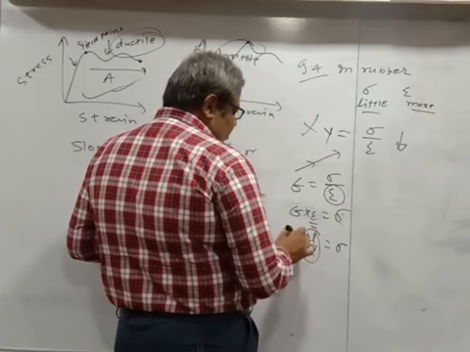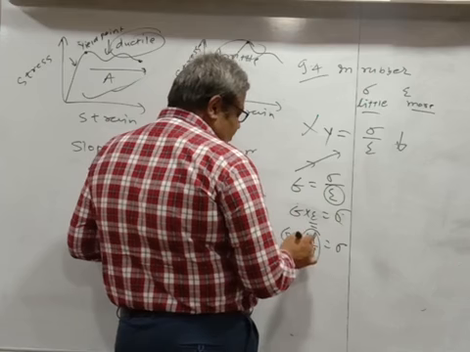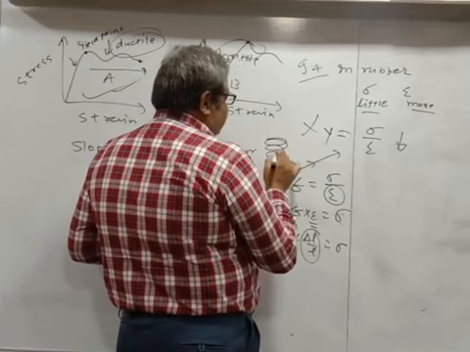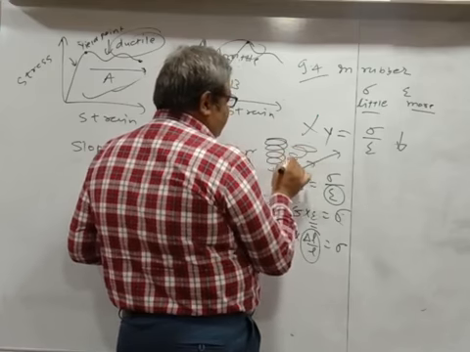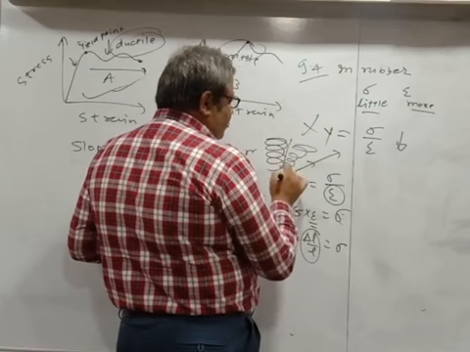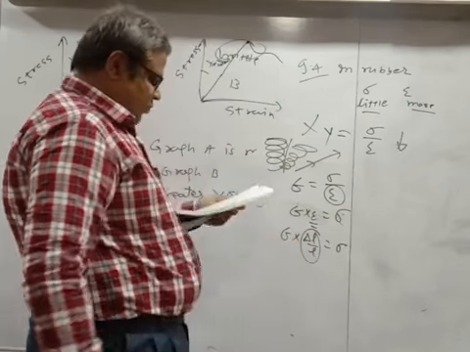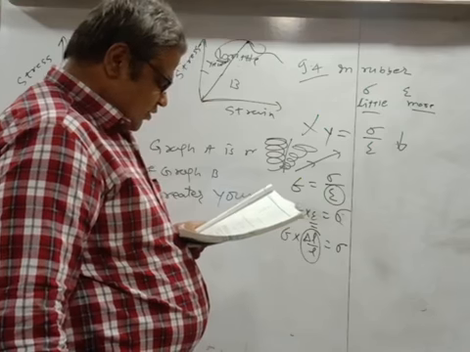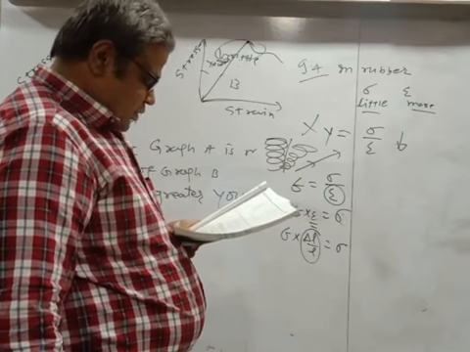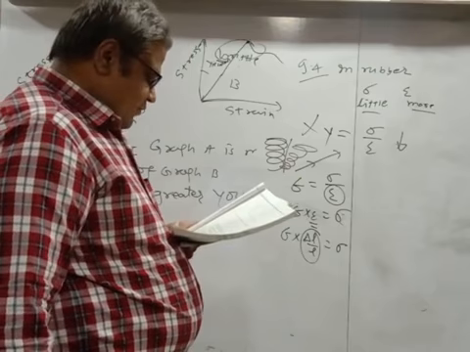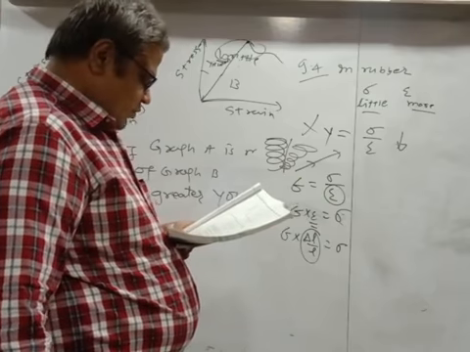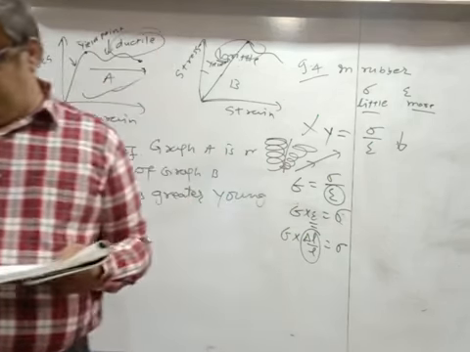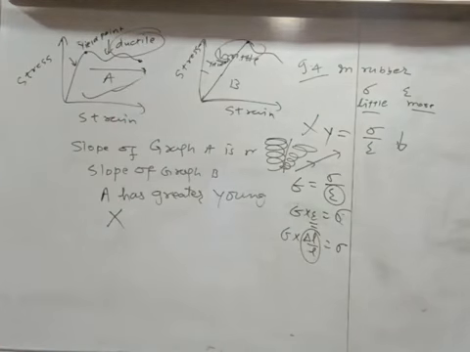So this is delta L upon L. In the case of a coil, the coil will become like this. So if the coil is like this, this statement gives you that the stretching of the coil is determined by its shear modulus. This is also the correct one. Okay, so this is how we generally find the answers to these. Okay, so today we will stop here, beta, the rest we will see in the next lecture.